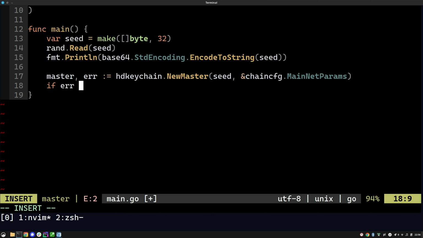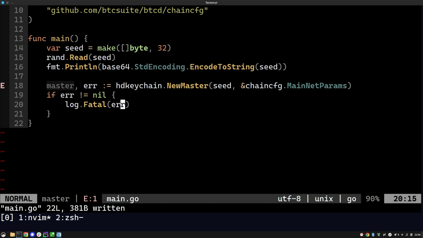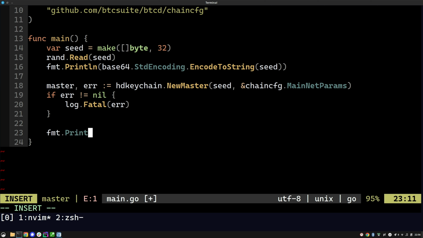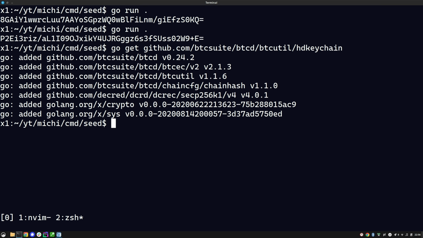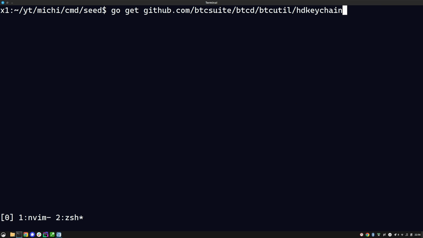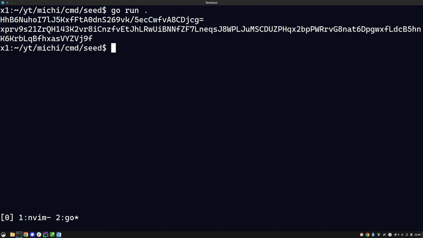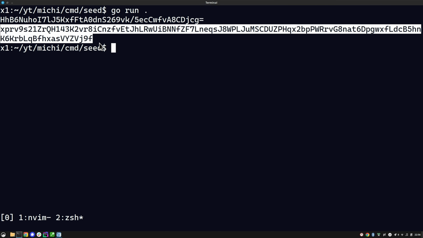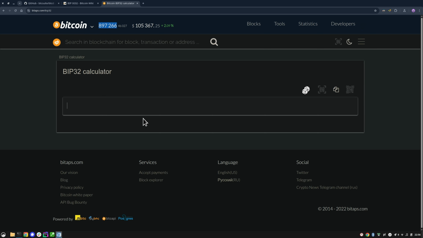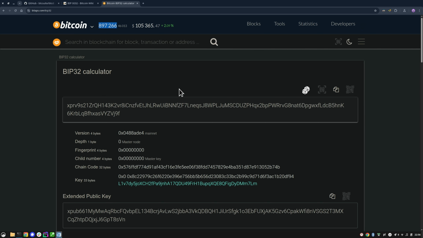If there was an error, and for some reason this seed is unusable, we log the error and exit. And otherwise, we can print this master key to the terminal. So go run, and we get a private key like so. And I'm going to copy this key and I'm going to paste it here. And this is a website called